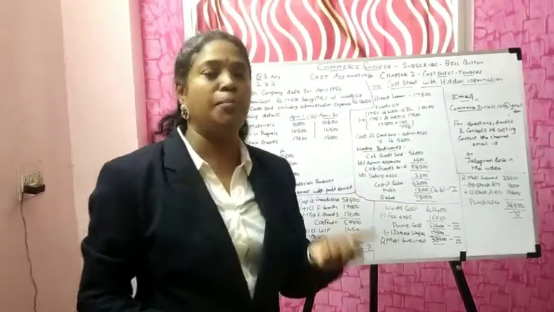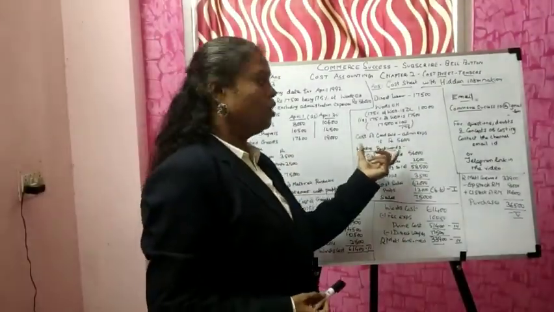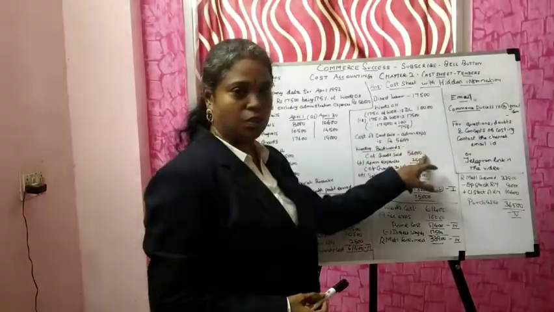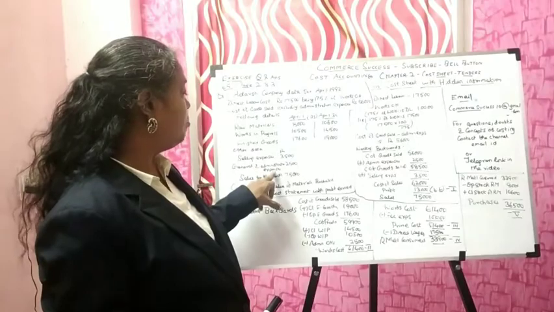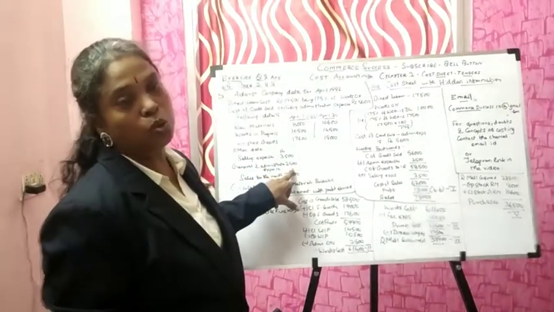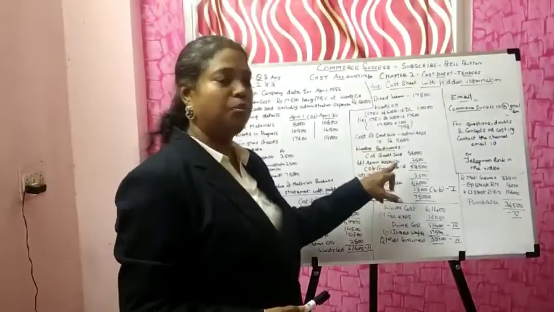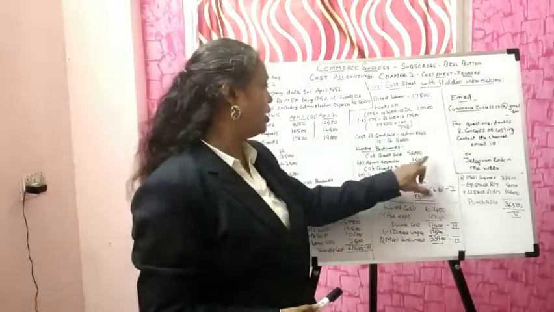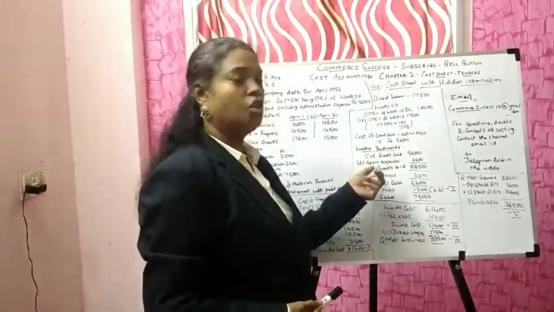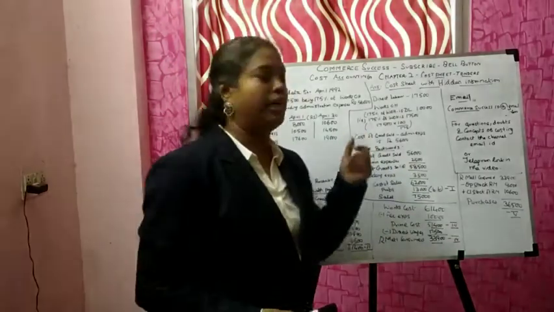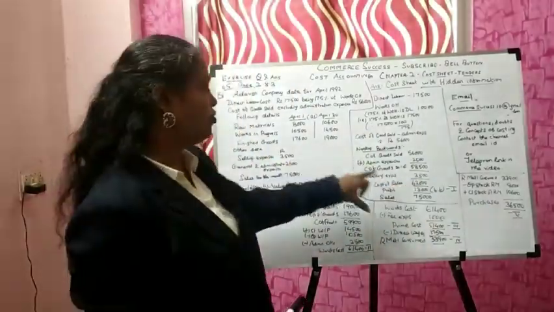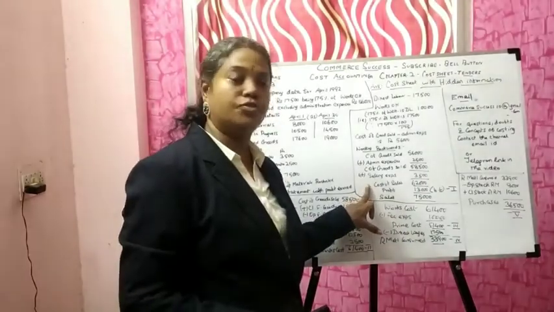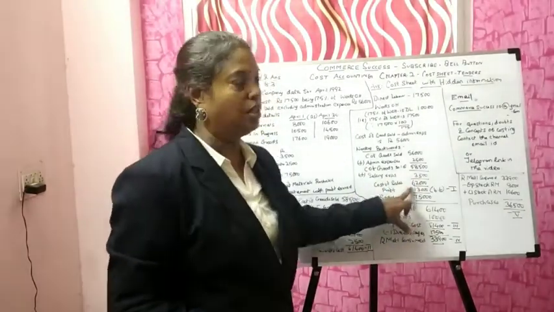Now you start working backwards. What is given? Cost of goods sold, which is 56,000. But in the problem they have given us the general and administration expenses to be 2,500. So add the admin expenses, 2,500 plus 56,000, and cost of goods sold is 58,500. Now add the selling expenses, which is also given, 3,500. So you can find the cost of sales, which is 62,000.